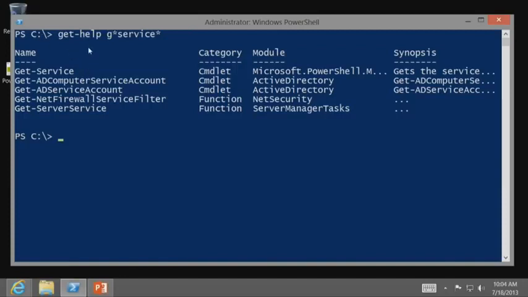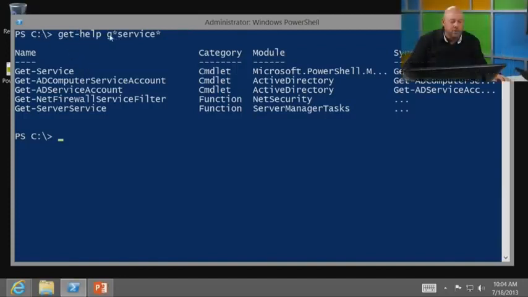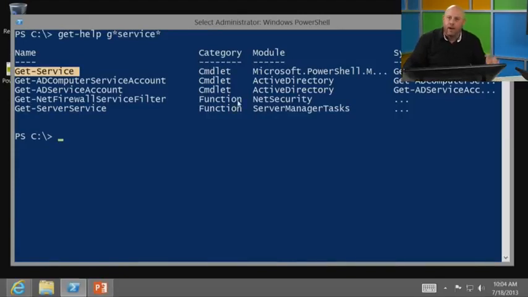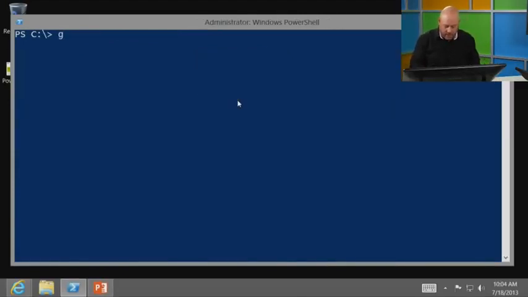So here's the idea, and we're going to do this a couple times. The idea is you search, probably by noun, for the thing that you want to find. I want to know something about processes, or I want to know something about services, which are the examples I'm going to use a lot. But it could be as simple as AD computers or something like that. You search for what you want, and when you find it, there's a help file for it. So let's go in and take a look. I'm going to do Get-Help